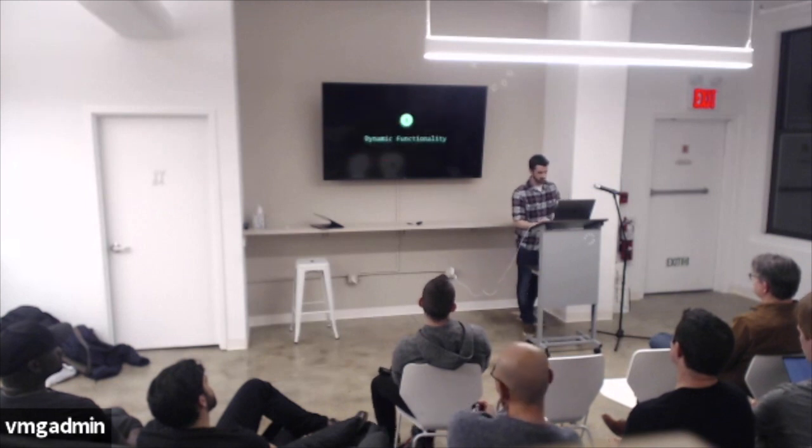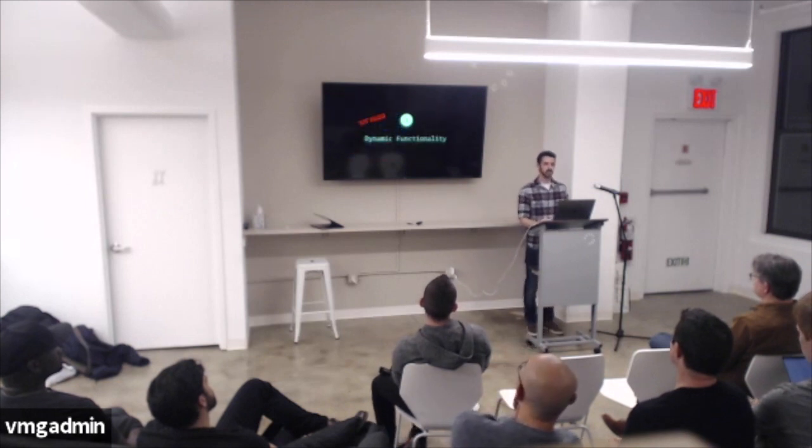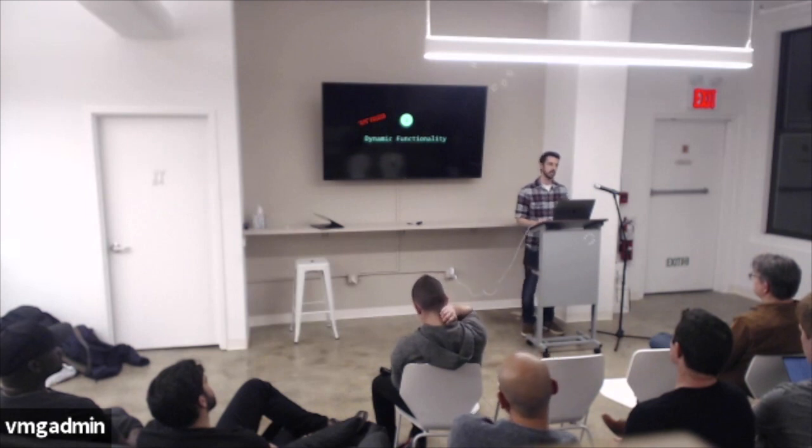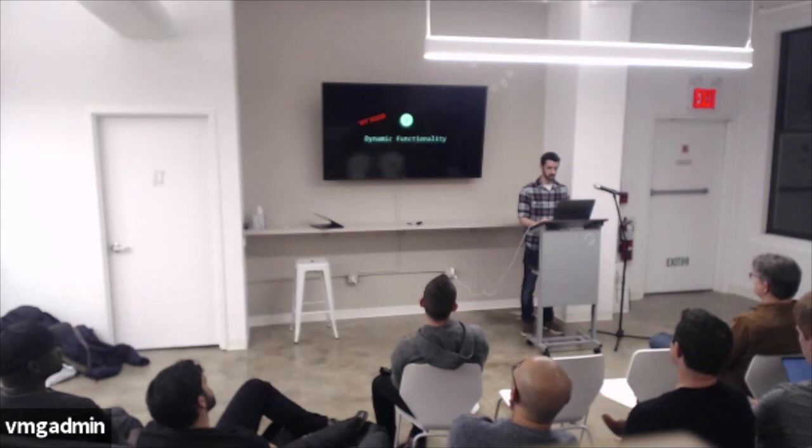Okay, dynamic functionality. This one's pretty easy. They have an API folder that you can put inside of pages in Next.js apps, and it runs as an Express API. So it's great. It can do full dynamic things because it is actually a dynamic framework and not a static one. So it fooled you all.